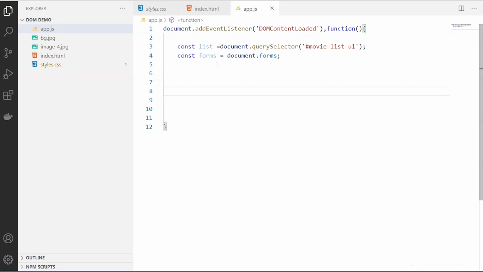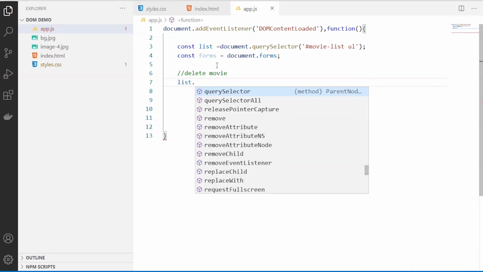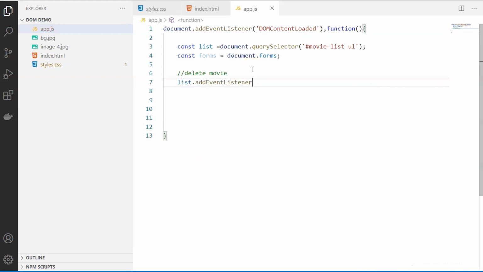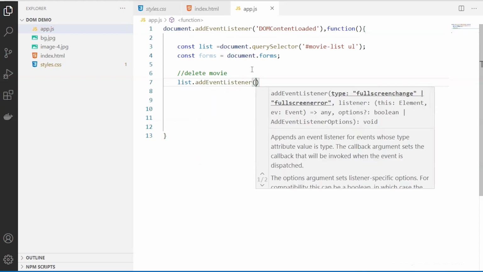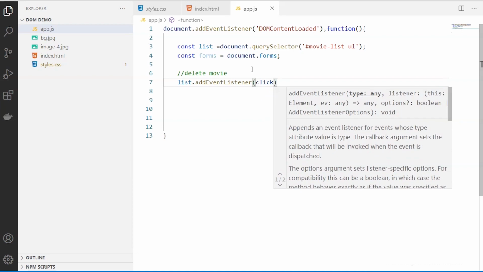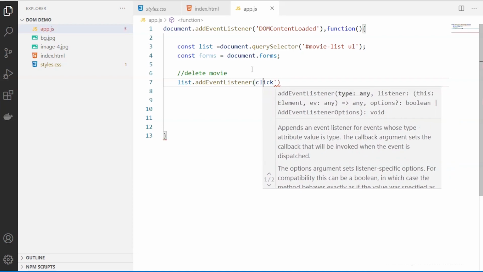So let's do the first one. Say I have to delete my movies. So to delete these movies, I'm going to attach to that list we have already created. I told you, right? Now if you start using it, it will be highlighted. So you can see that. I'm adding another event listener. Whenever I click, I'm going to check if the user is clicking the delete button or something else. So I'm using this click event.